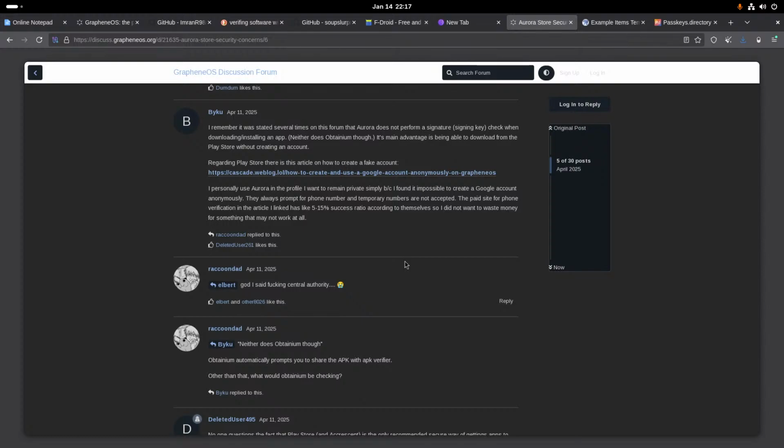The paid site for phone verification that I linked in the article has a 5 to 15% success ratio, according to themselves. I did not want to waste money on something that may not work at all. That is actually going to be interesting. I will do a poll on that right now. Would people like to see how to create